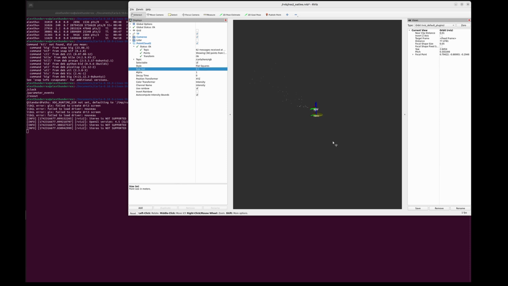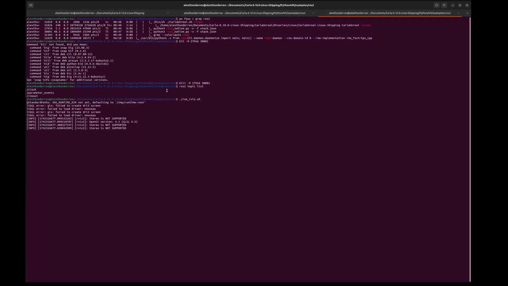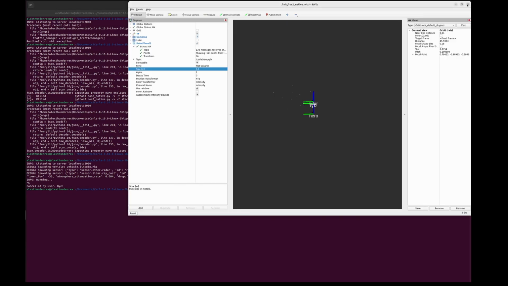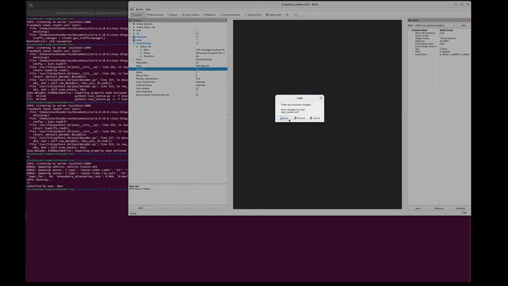Oh yeah, the radar is working, but I see that FPS is going down a bit. I think the topic names are being set inside the Python script. I'm not gonna change them right now, but I think this is enough for me